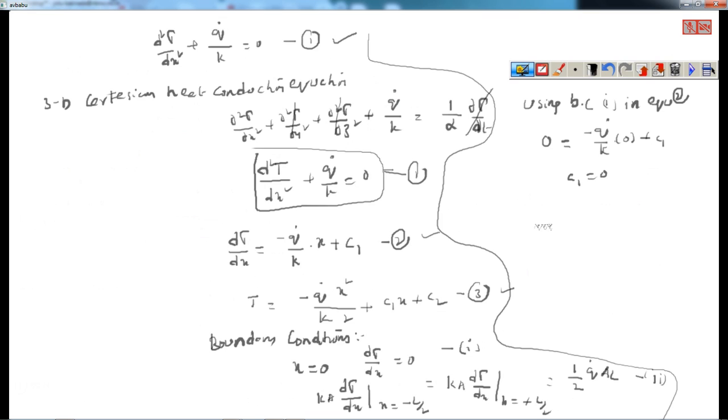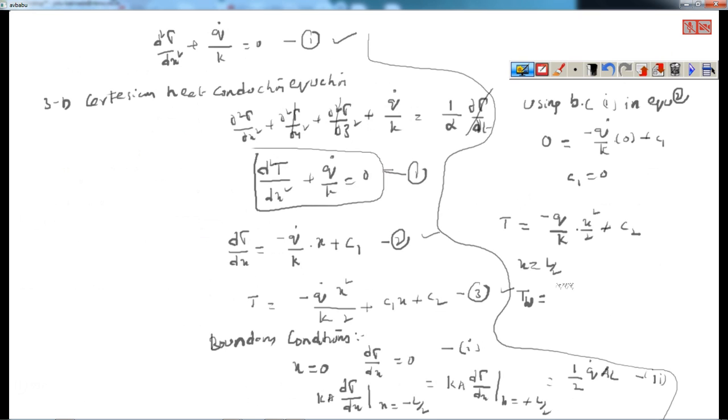Therefore the temperature equation T is equal to minus Q by K into x square by 2 plus C1, which is 0, plus C2, right? This equation, when the first boundary condition is used, this is the equation that will come. Okay, now in this equation I use x is equal to L/2. At x is equal to L/2, the boundary condition is T is equal to TW, therefore TW